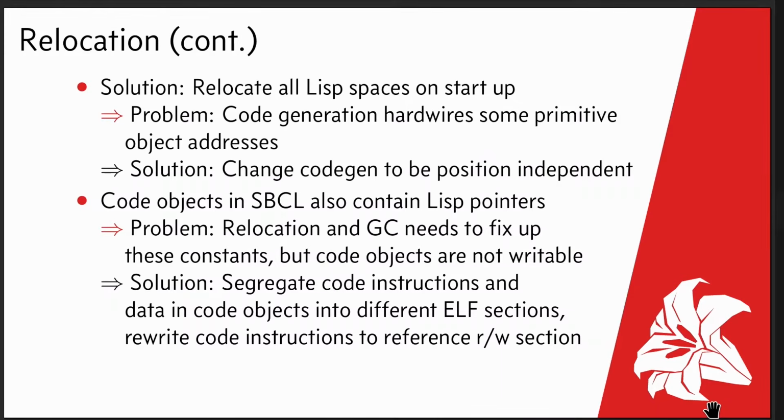For code objects, it's been more difficult because even code objects, your code generation sometimes has to hardwire special addresses in the code itself. So we had to change the code also to be position independent. If you know position independent code, position independent executables, it's the same principle. This is how languages like C get around things like address space layout randomization. They just make sure that you don't actually have to assume anything about where things are in the process. So we had to change that. That took some work. But the really, really hard thing is that even how code objects are fundamentally represented in SBCL presents a problem because